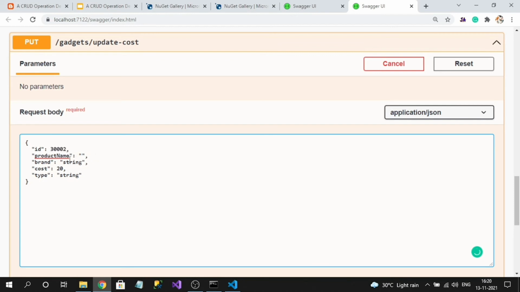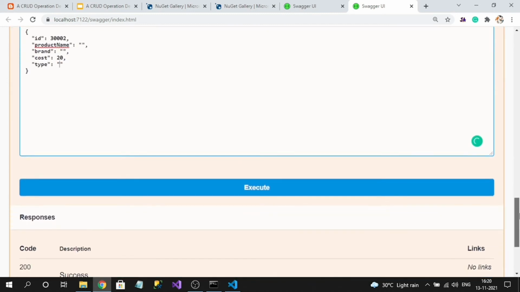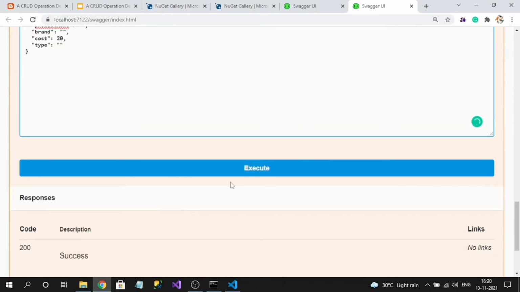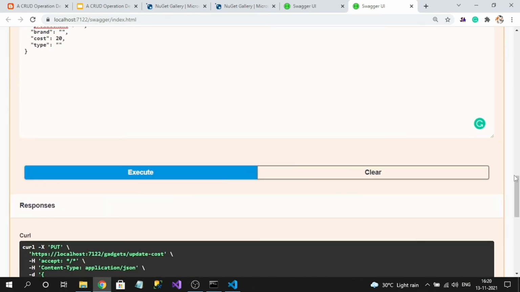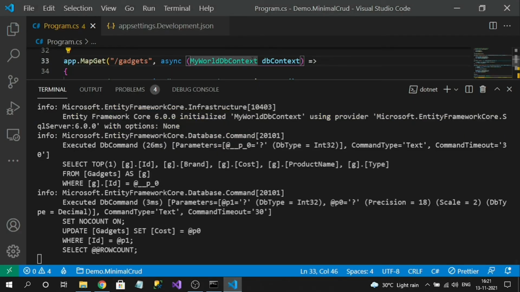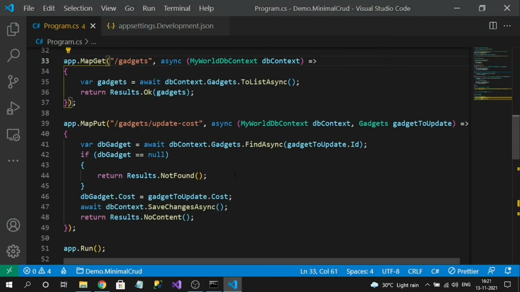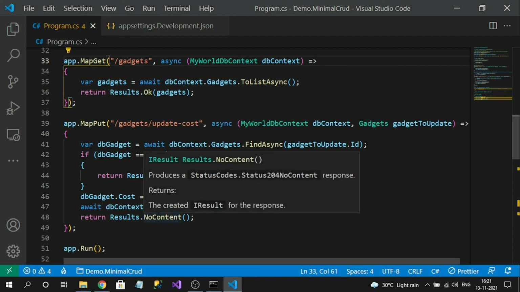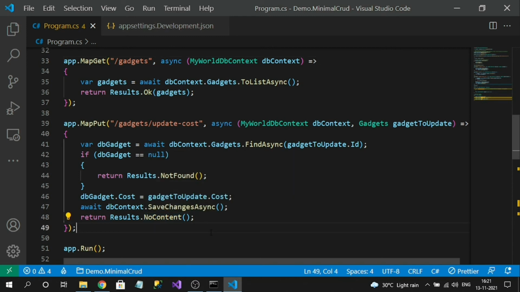Let's leave the others empty for now. If you don't specify, it is also not a problem. And if I try to execute, I got 204. That means successful. No content status code is 204. So we are done with the update operation as well.